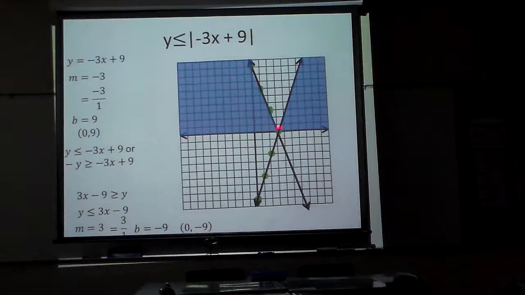Okay, that's how I would graph this one. It's only going to be shaded down because those are the only y's I can get. Now technically, a negative y would be correct, but will there ever be a negative y in this problem? No. That's why it's not there. All right? So